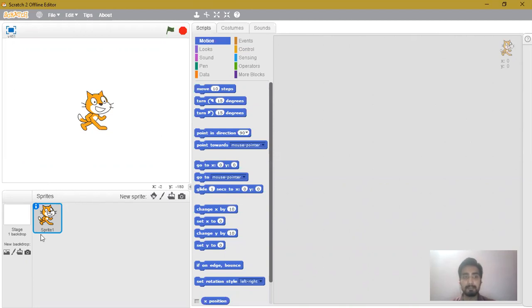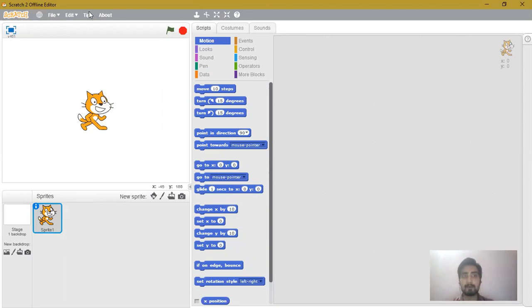Then below that, the bottom left corner of the Scratch window, that is the sprite and backdrop area. From here you can change your sprite on the stage, and you can apply some background to the stage. So for changing that, you can use the sprite and backdrop area. Then this middle part is the code block area, where you get the different code blocks through which you will create your script. And the right side, this bigger area which you can see, is the script area, where we create the script for our sprite.